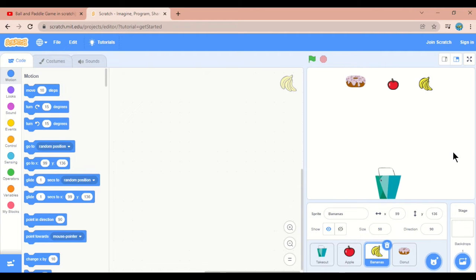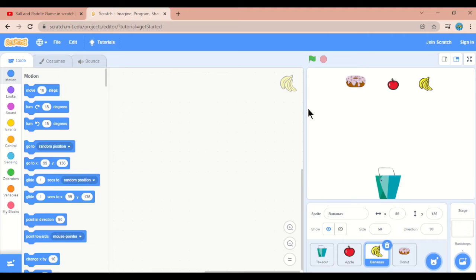See, our game is, if I catch a donut, I'll get 1 point, and if I catch apple, then also I'll get 1 more point, and if I catch banana, then also I will get 1 point. And these all are food items. If I choose any objects other than food, then my point will be reduced. So I should not catch any objects other than food.